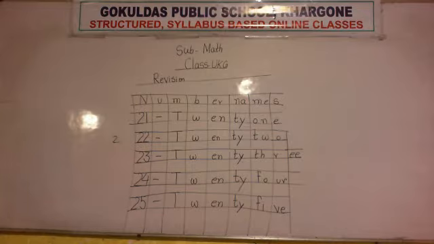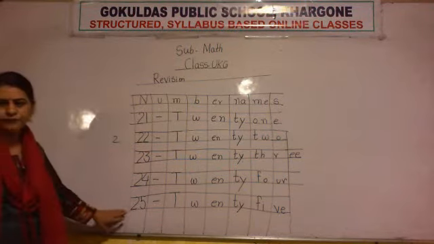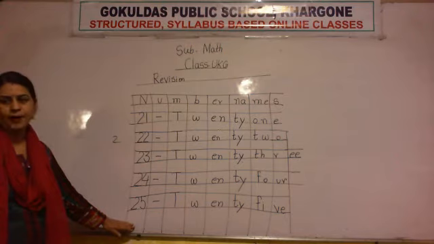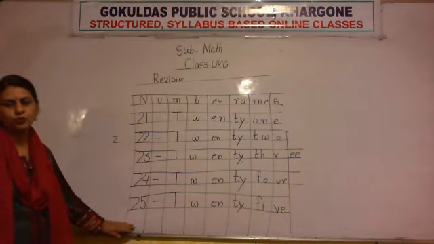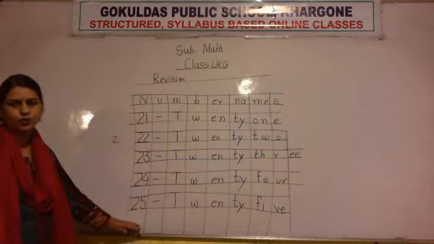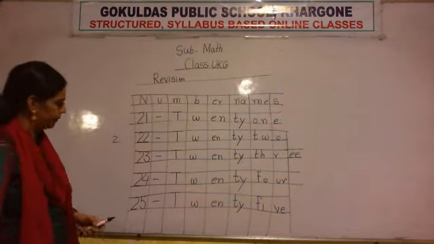Repeat the spellings whenever you are writing in your notebook. You have to repeat again and again so that you are able to learn the spellings by heart. Okay, you have completed till 25. I have no space on my board, so I am going to rub the spellings. But if you have space in your notebook after 25, give one column gap and then write the spelling of 26.